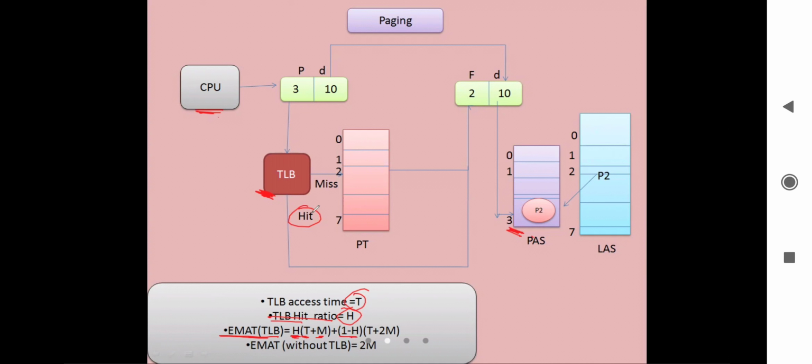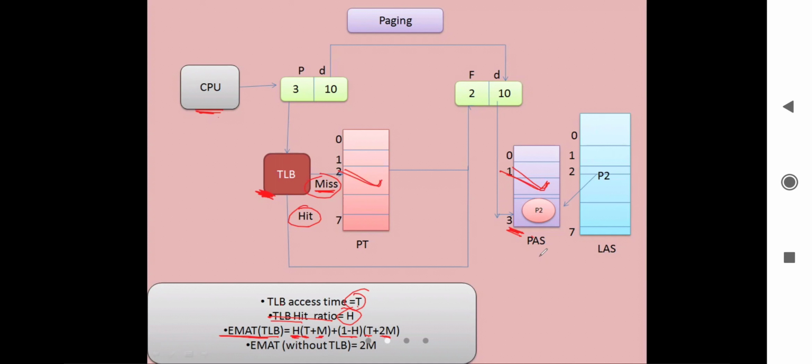1 minus H means it is a miss. If it is missing, firstly we'll access the page table, then the main memory. The page table and the actual page are both inside the main memory. So on a miss, firstly we access the TLB, which takes T time, because TLB access time is T. And then it is twice of M, because we first access the page table, then the actual page.